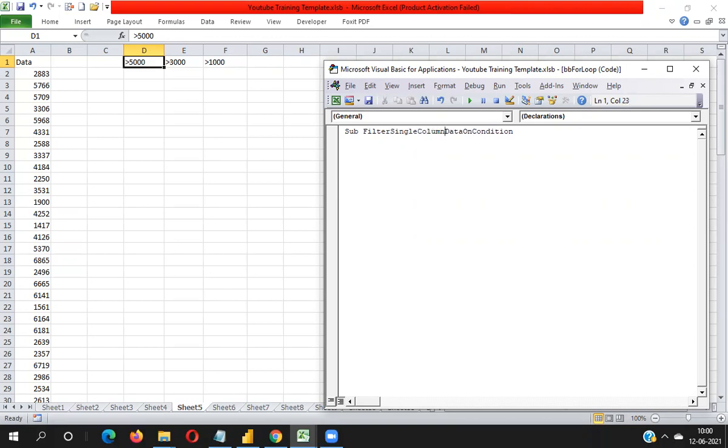Now activating the sheet: Sheet5.Select.